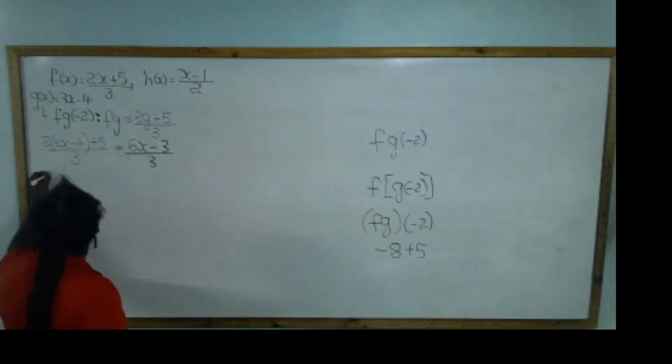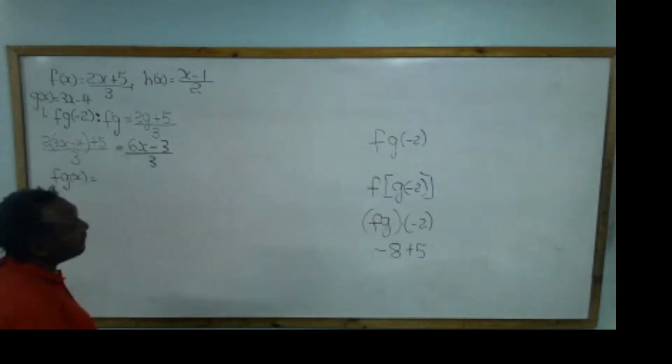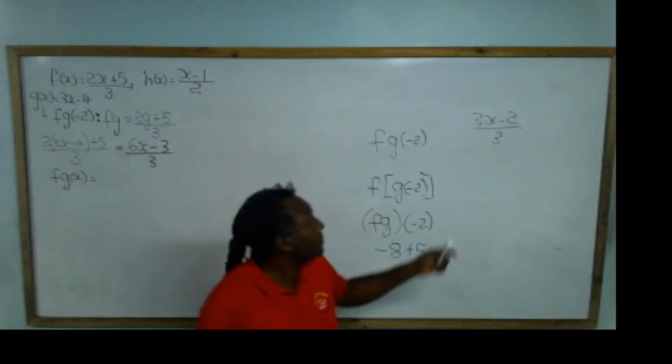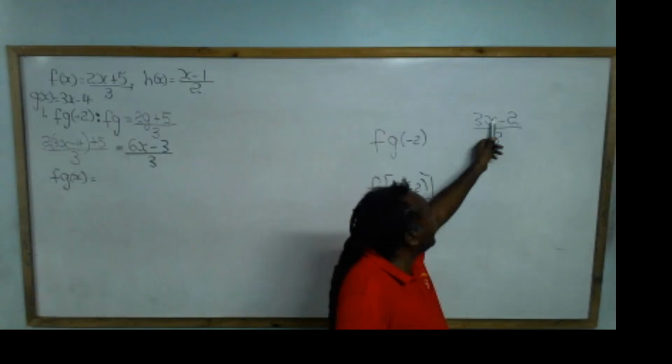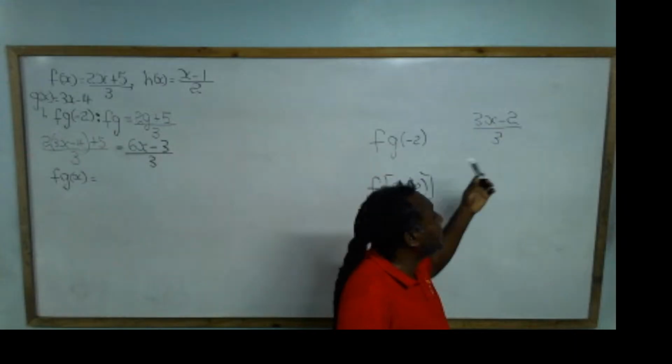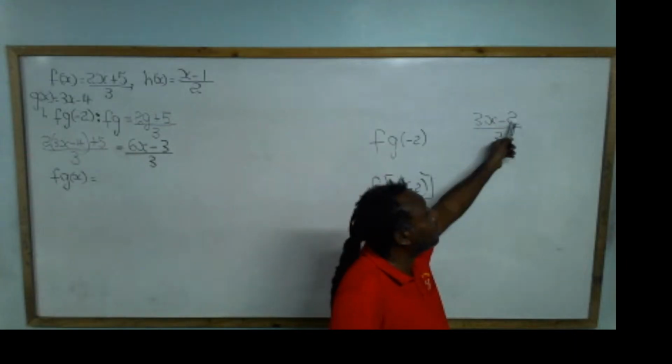So f of g of x is equal to, we may simplify that. Students, we have 3x and we have negative 2. Both of them are not multiples of 3. Or we may say that 3 is not a factor of both of them. That means 3 is not